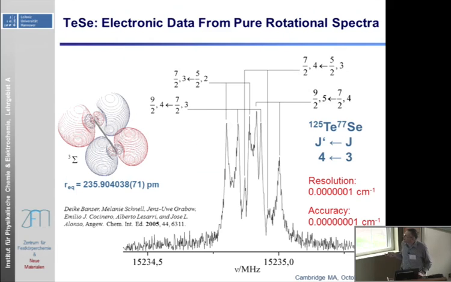I want to start with this slide showing our resolution, which is 10 to the minus 7 centimeter to the minus 1. I don't give this number in kilohertz anymore, because if you're in front of an audience where there are not many microwavers, you give it in kilohertz, nobody is impressed because nobody knows what that number means. But if you give it in centimeter to the minus 1, you typically get a better response. And so that's the resolution we have.